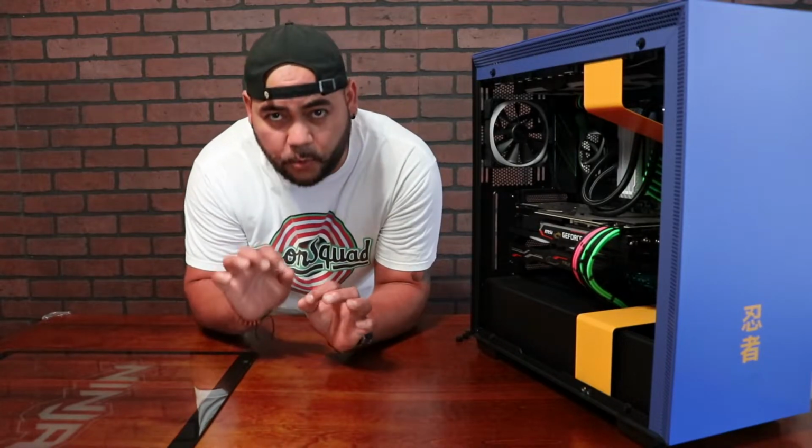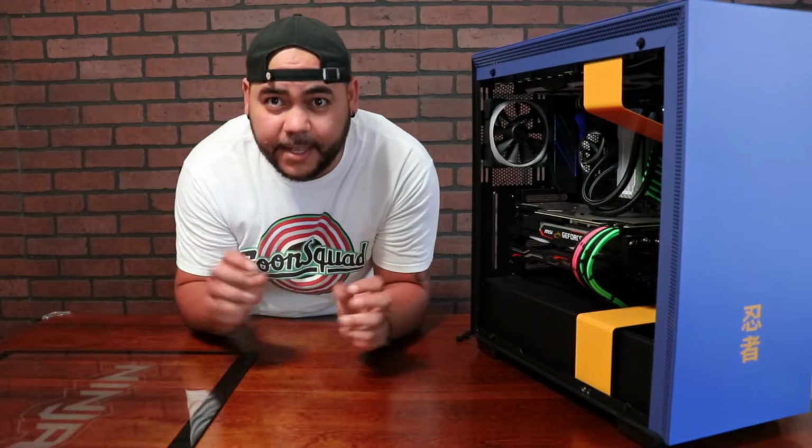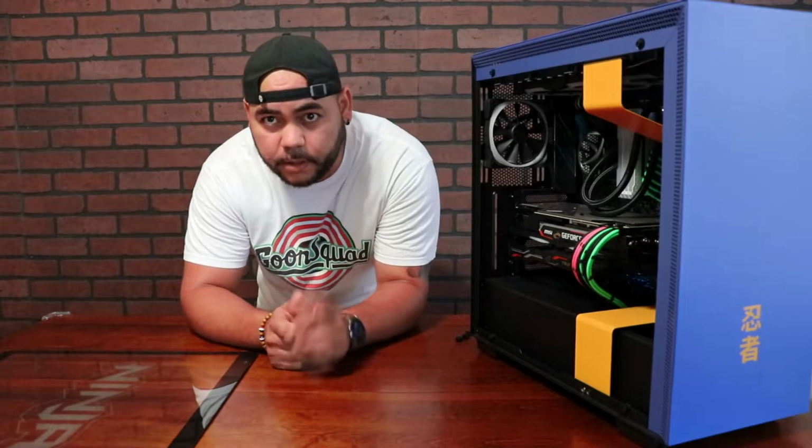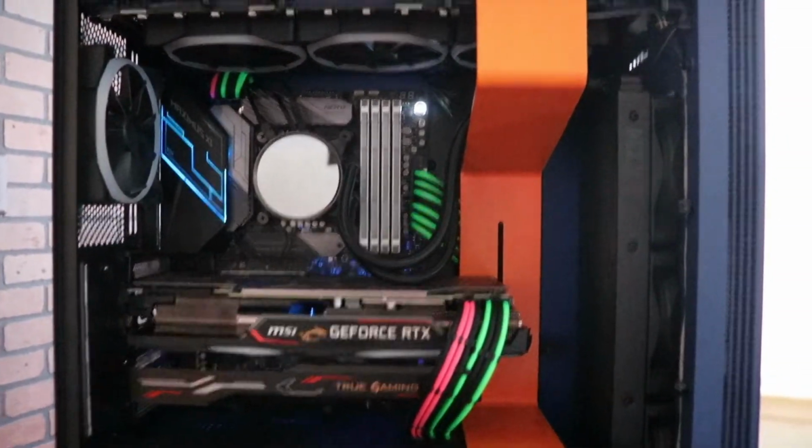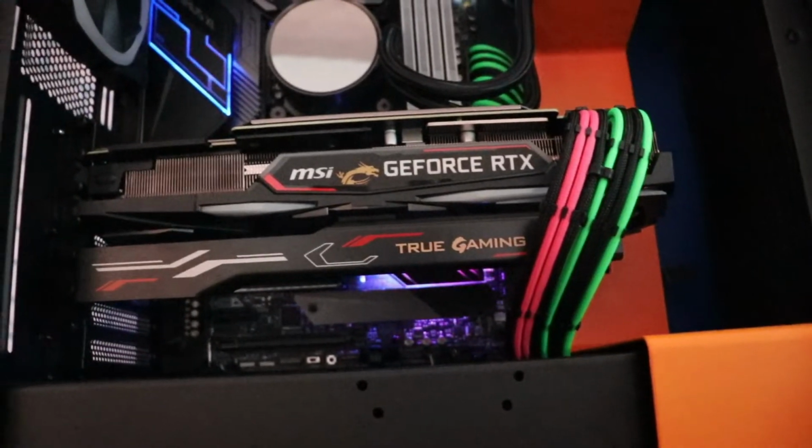Okay, I will turn the lights off for dramatic effect because I want to show you something. Give me 1 second. Okay, this is how the motherboard looks when you turn off the